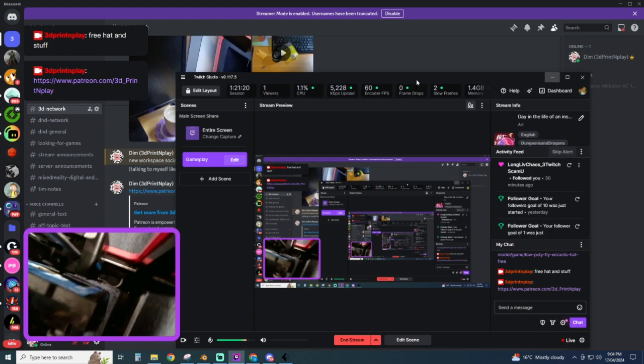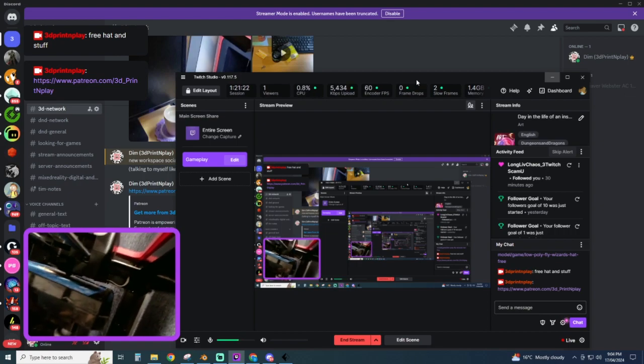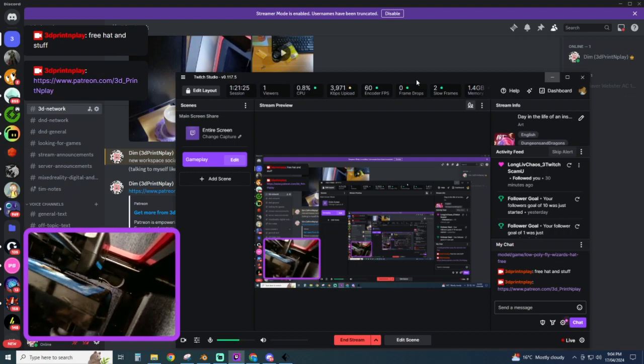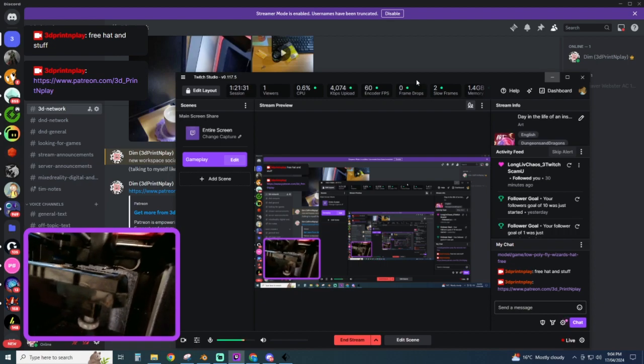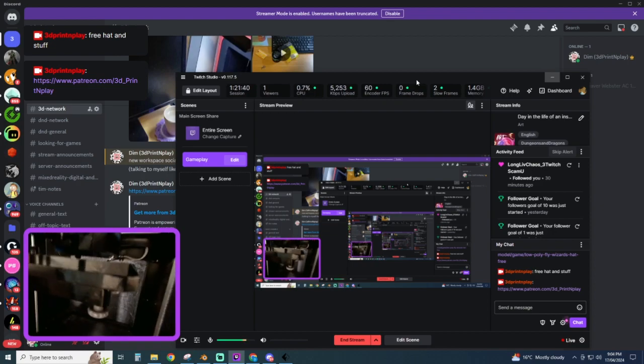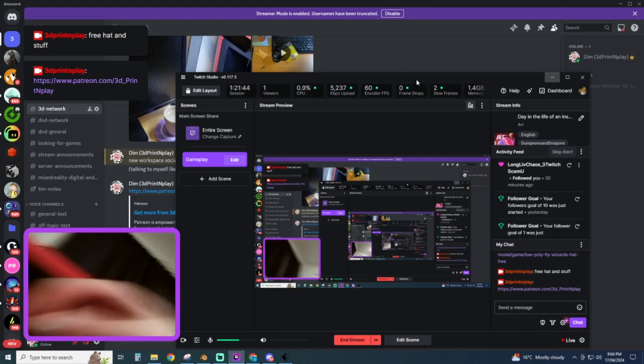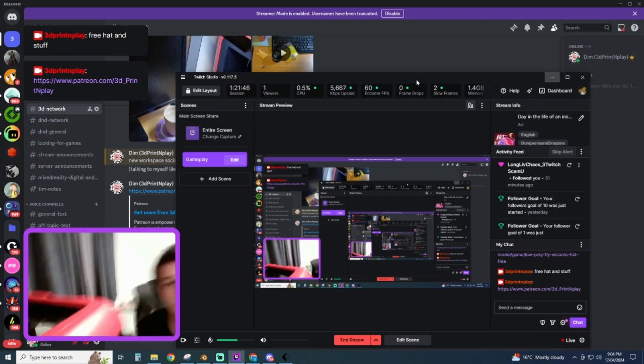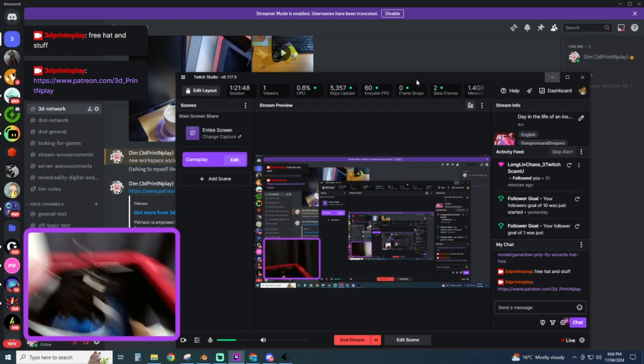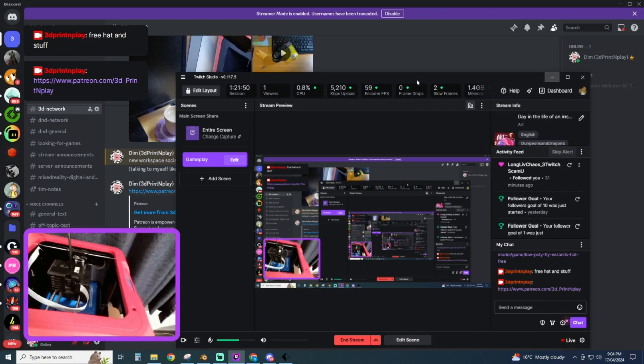So I need something that'll hold it up like there for us. Something like that. So maybe I'll work on something like that that can get us those angles that we want. Especially early prints will be like that, so I guess it'll keep dropping further down. Something like that even.